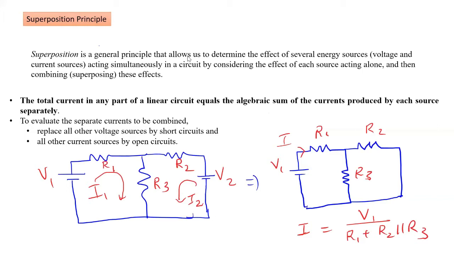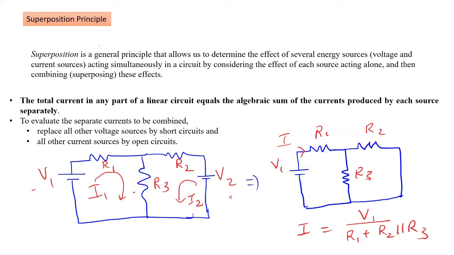So this principle is important if you want to know how much current is there in any branch or through any resistor. Any circuit can have many voltage sources. Like here we have two voltage sources, V1 and V2, and we have three resistors R1, R2, and R3. So if V1 gives a current I1 through R3, and V2 gives a current I2 through R3, then what will be the total current? We have to find the total current due to V1 and V2 through R3.